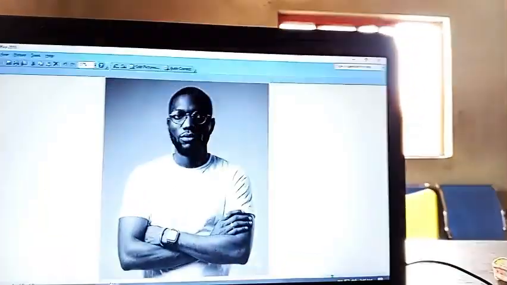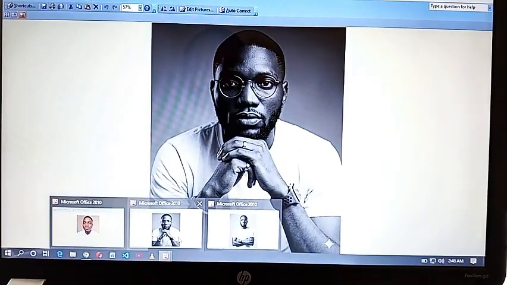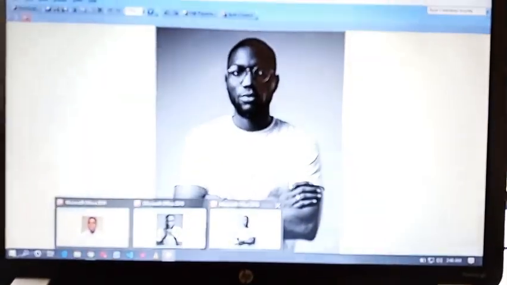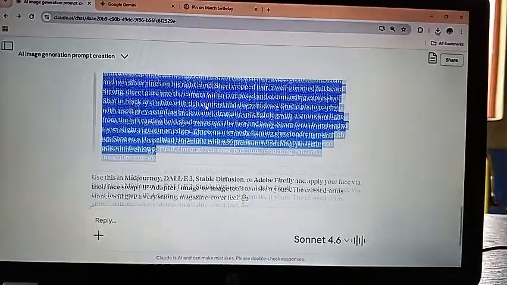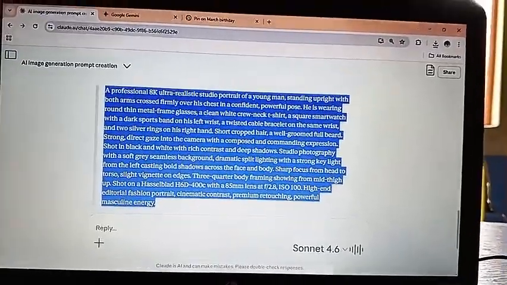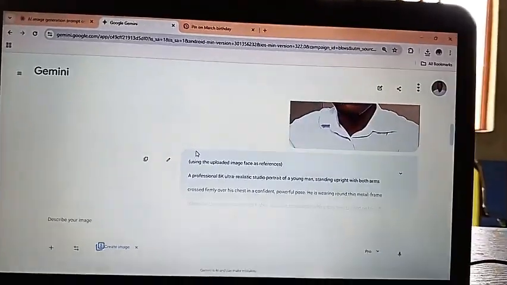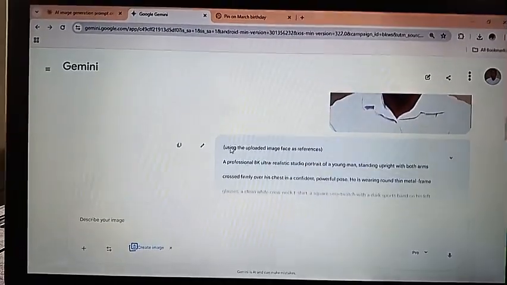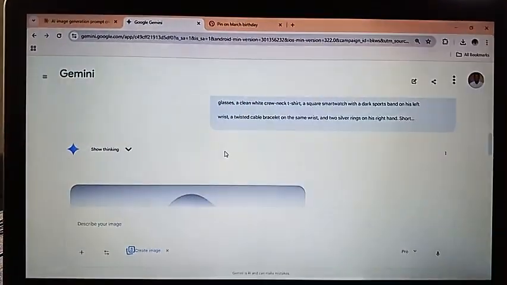So you see now we've successfully created. Now you can go on and on. You can create 10 to 20 to 30 images just from one prompt. That's what you can do. So all we've done today is know the tools to use to create AI images and the step-by-step process in creating them. If you've seen my videos before, I would say open Google Gemini, upload your image, paste the prompt and send. With that, you might not really understand, but with this video, I'm certain that you would understand totally how to recreate